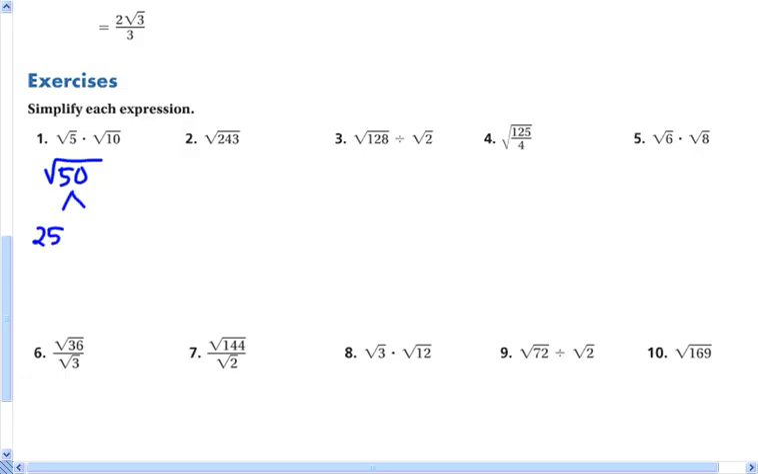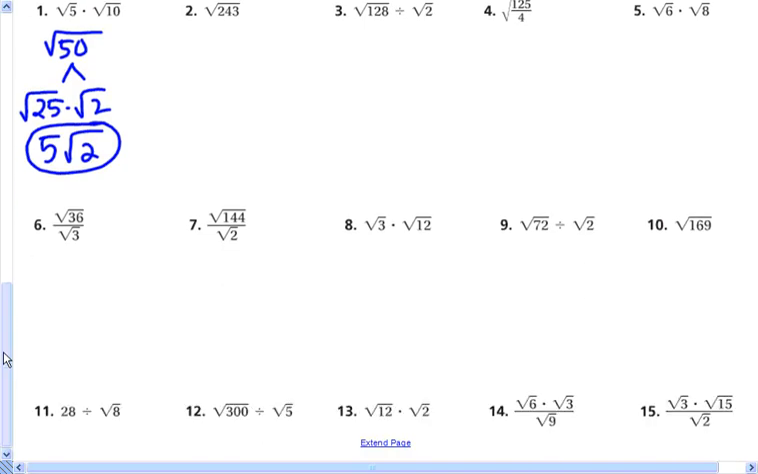So I'm going to break that up using that multiplication idea. I can write it as the square root of 25 times the square root of 2. And the square root of 25 is exactly 5. So in simplest radical form, the square root of 5 times the square root of 10 is 5 times the square root of 2. All right, let's look at number